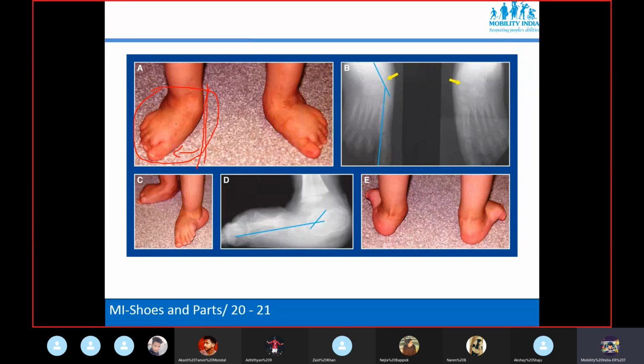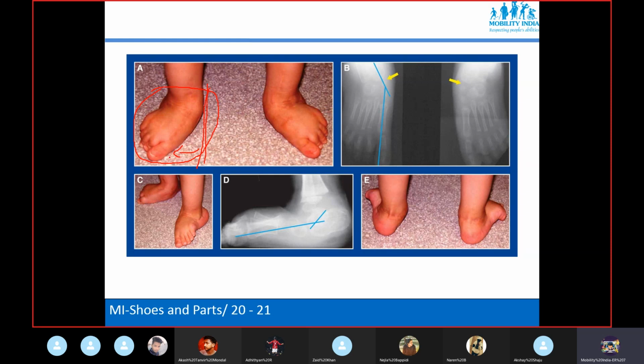So if this abducted foot is fixed, then our objective is to accommodate. And how can we accommodate? We need a similar type of shoe last, meaning we need to design the shoe last to construct the shoe. Without a shoe last, it is not possible to design the shape of any shoe.